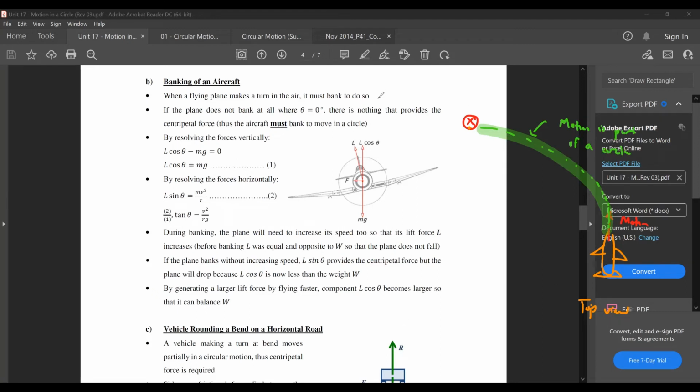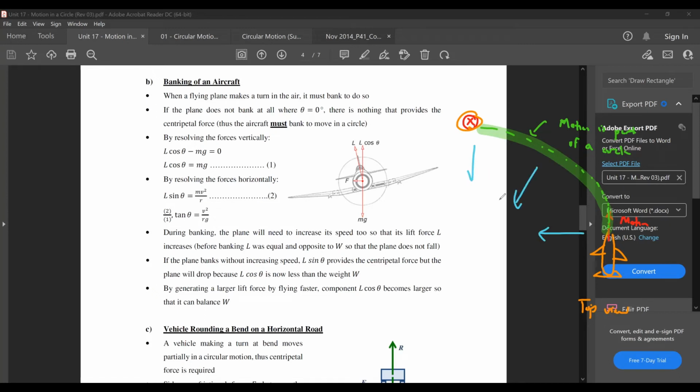It doesn't move a full circle, it moves part of a circle. But for all intents and purposes, we still consider the green highlighted portion as circular motion. So since this green highlighted portion is moving in a circle, when it tries to turn to go to this spot here, it therefore must have